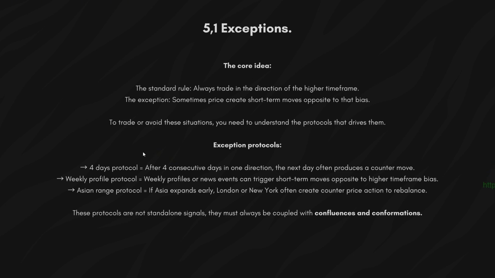An example of this would be that if the Asian session forms an expansion in the direction of the higher time frame drawn liquidity early during the day, then during London Open, London basically forms a retracement profile and retraces, and then during New York, after we've formed the OTE, New York then expands higher in the direction of the higher time frame drawn liquidity. So in this exception protocol, in this sort of scenario or context, you would have avoided the London session because,